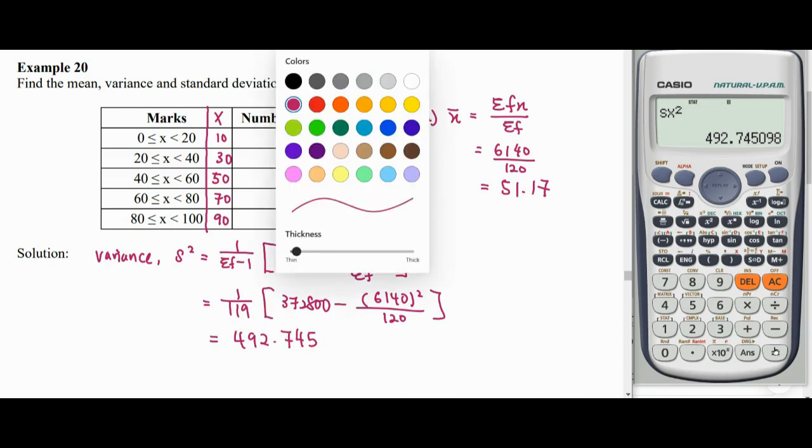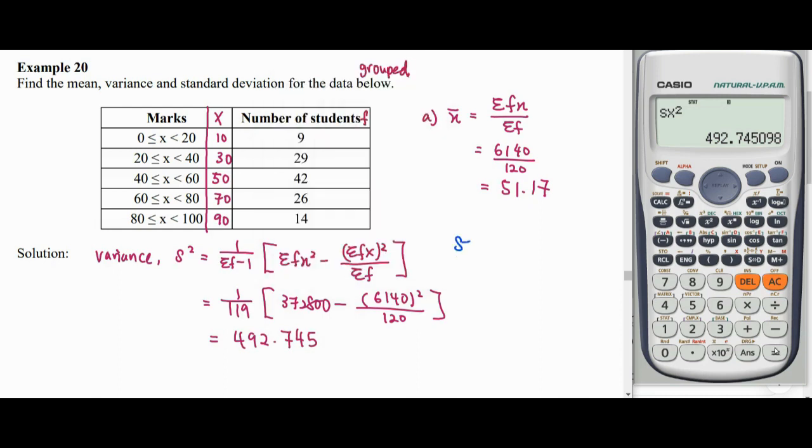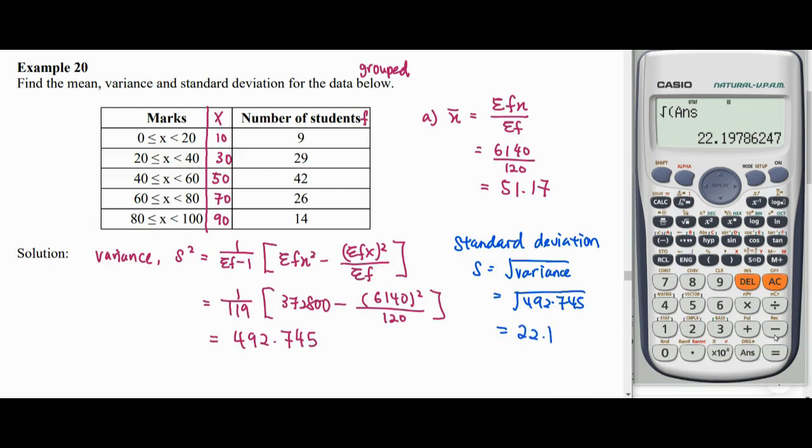So for the next, standard deviation, it will be equal to the square root of variance. So 19 we can round off, become